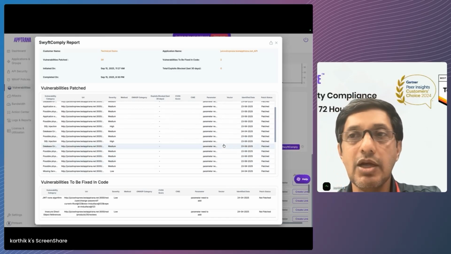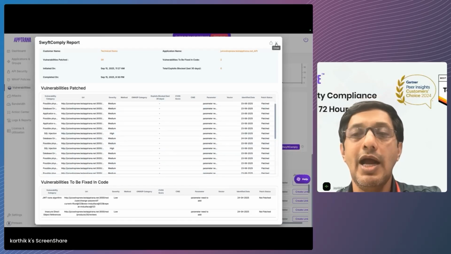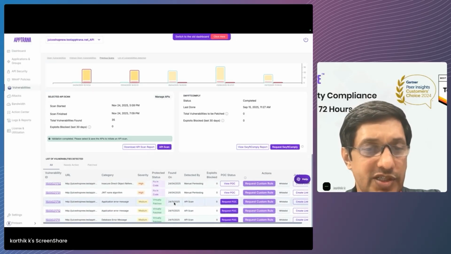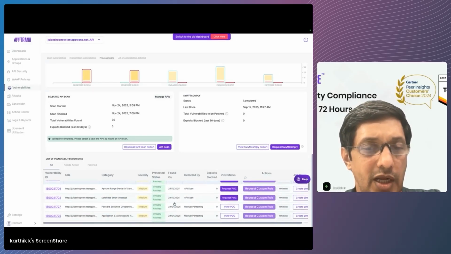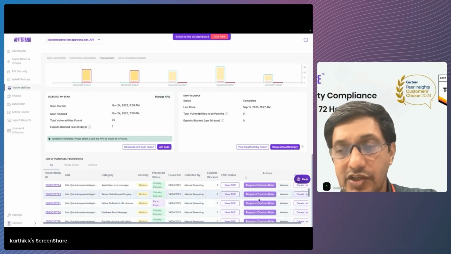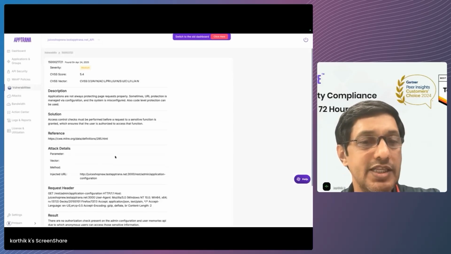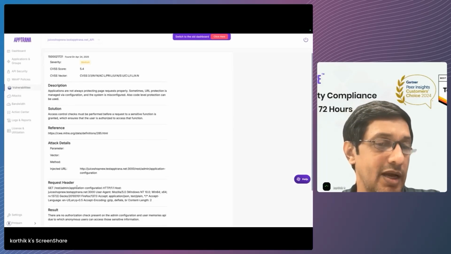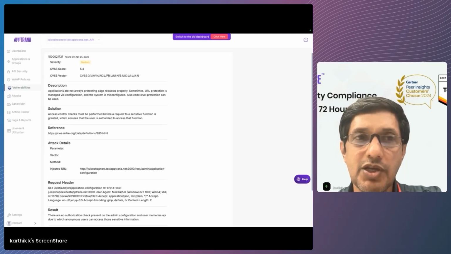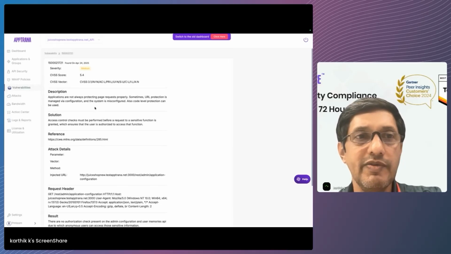There will be a couple that cannot be blocked directly off the bat, and those need to be fixed in code. For example, I think we saw something here, where was it? Easier to understand, say failure to restrict URL access, right? If I look at that, you will see that in this case, this particular thing, application configuration, it's an admin API, but there's no authentication. So anybody can access it. So this is not something that we will block